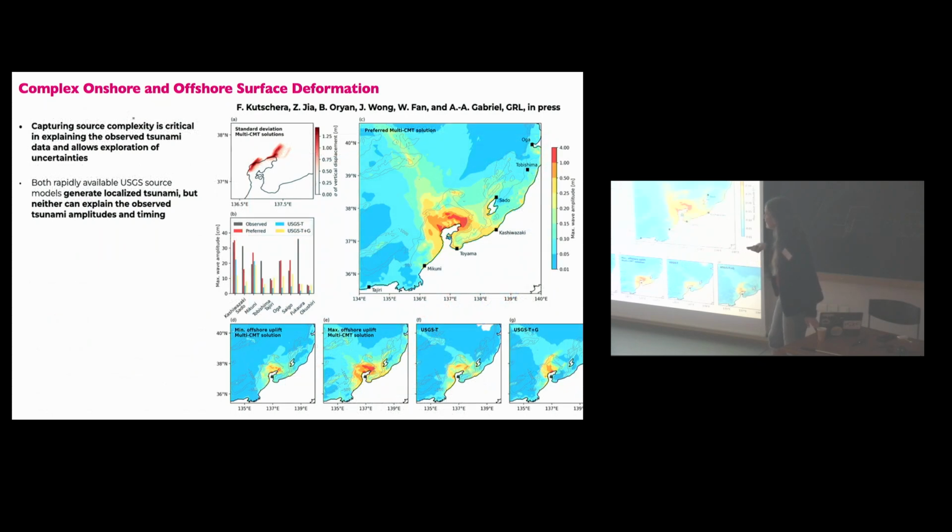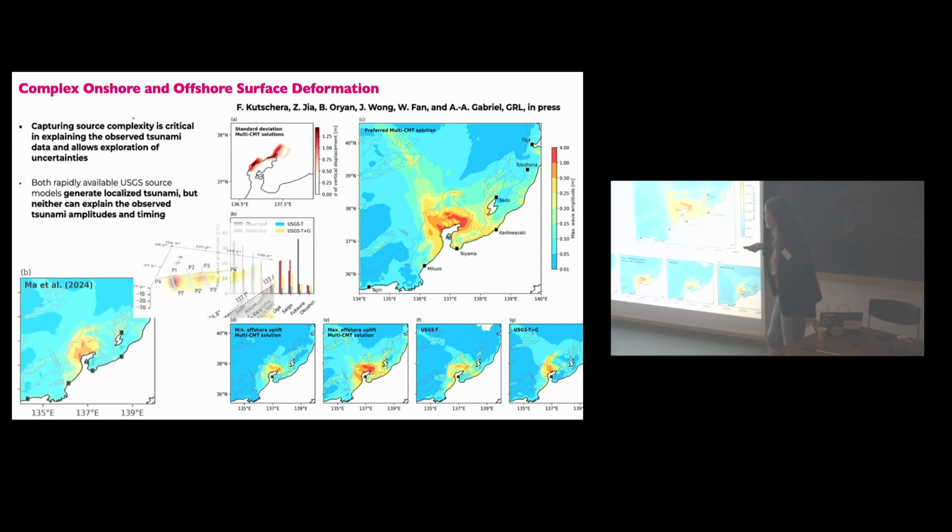And then we don't only have one model, right? We have 240,000 of these. So we can also look into minimum offshore uplift tsunami models and maximum offshore uplift tsunami models, and see the uncertainties there. What we also did is that we took one of the Science paper models by Ma et al. and used this to simulate the tsunami, and it cannot explain the tsunami as well because it doesn't have enough slip offshore. So the point is, tsunami observations can be helpful, while at the same time, multi-fault rupture is also important to incorporate in things like tsunami early warning.